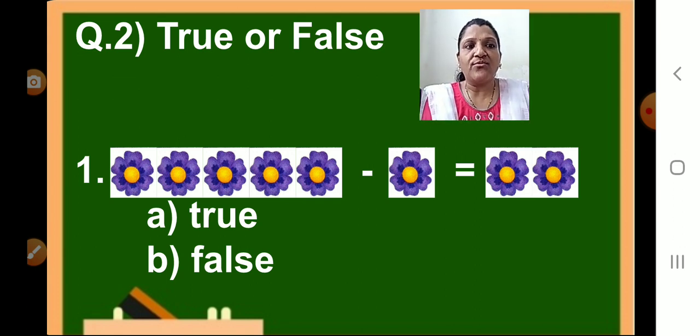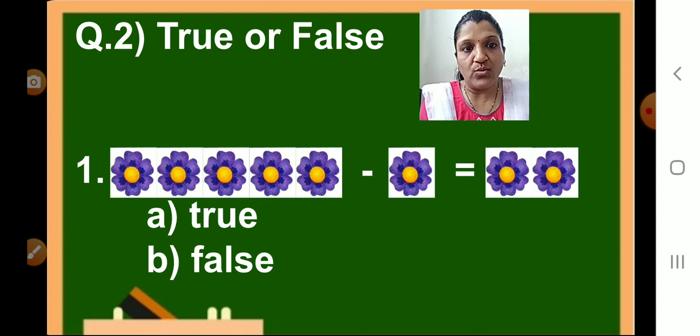What do you mean by true or false? In this question, you have to read the sub-questions carefully. Here, few sums or statements are given. If these sums or statements are correct, then you have to tick TRUE true. That means correct. And if this sum or statements are not correct, then you have to tick on false. FALSE. False means not correct. So let us solve the problems one by one.